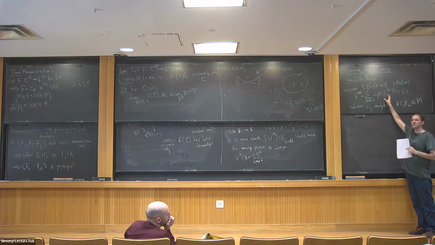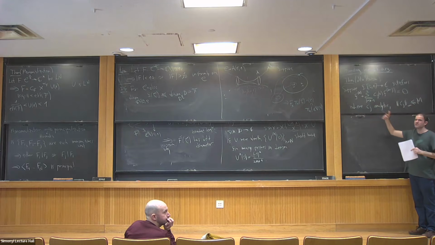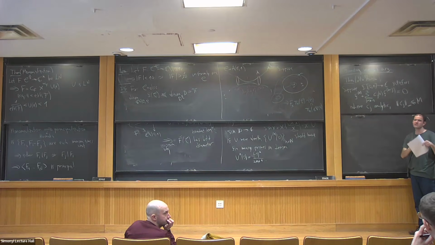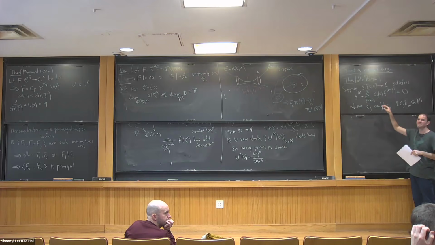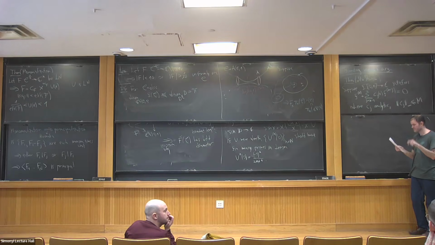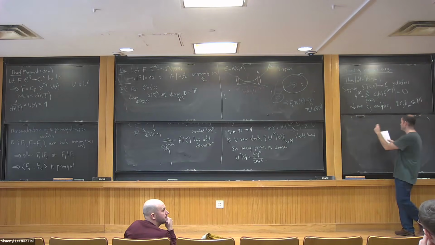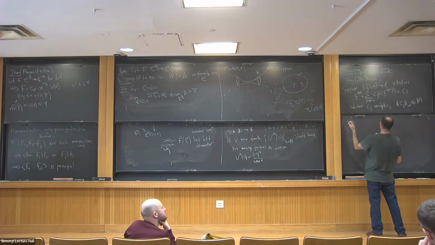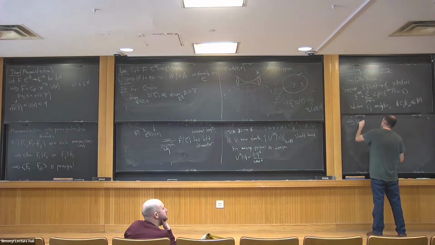So this was for zeros. Then I stated variation of argument. It's very similar. You can actually get the result for variation of argument from the results for zeros. So I'm attributing it to de la Vallée-Poussin, but it's not exactly what he proved. But anyway, let me write the conclusion, then the variation of argument,